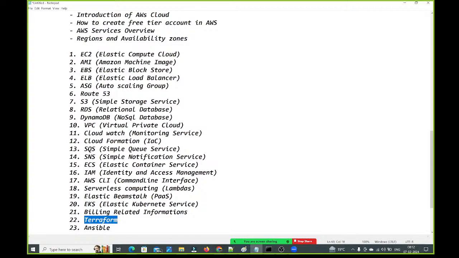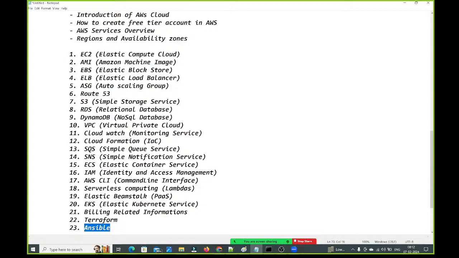Okay, fine. Next, by using Ansible, what we are going to do? By using Ansible also, we will do one end-to-end project. I will show that also, guys. By using Ansible, we will connect to 20 servers, 30 servers, 100 servers remotely, and at a time, within a fraction of seconds, in all the 100 servers, you can install the packages. How to connect with those 100 servers, 20 servers remotely from your Ansible server, and how to install the packages, everything we are going to understand. So on Ansible also we will do one project, guys.